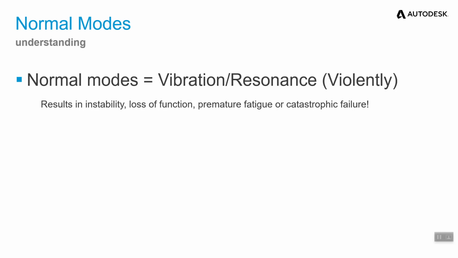Say for example, you have a washing machine in your house. It will be vibrating for the whole process of washing clothes. But you might have seen that it will vibrate more when the dryer is on, and it will even start moving towards a point. This is actually because of normal modes.